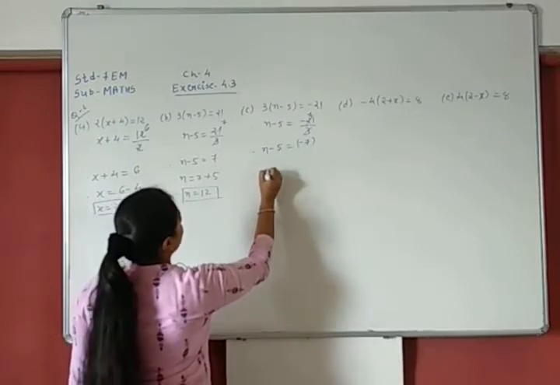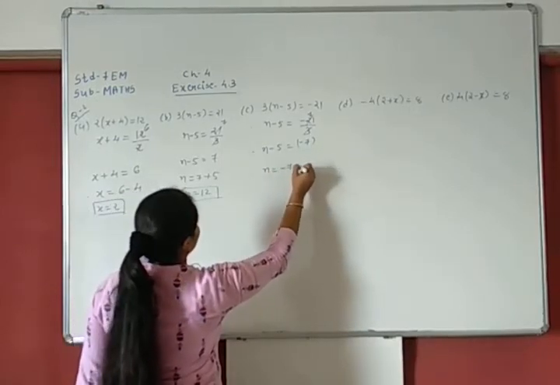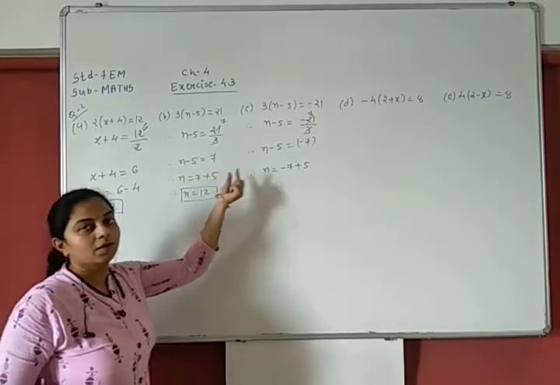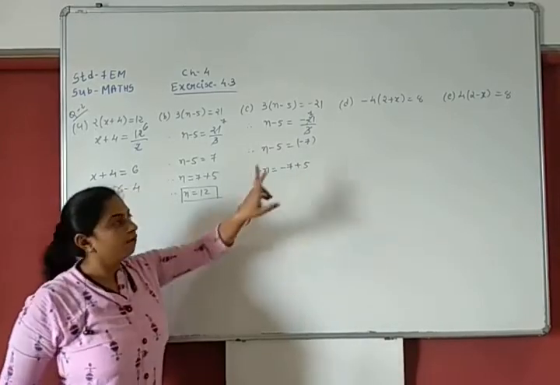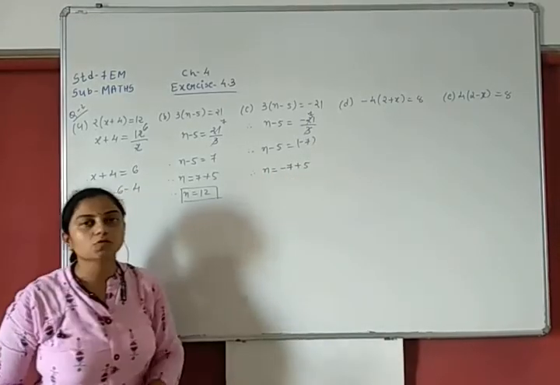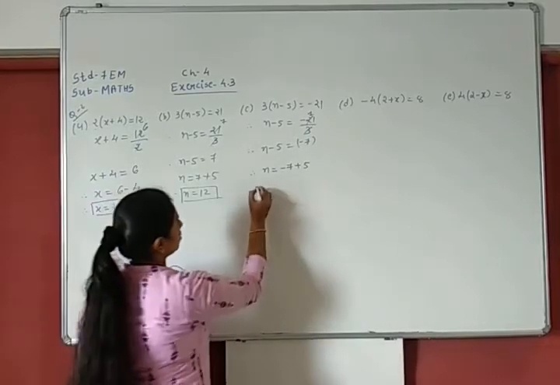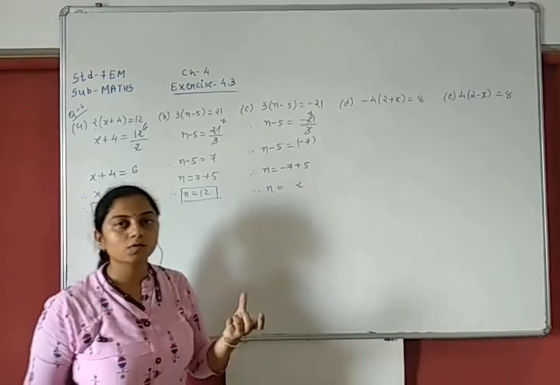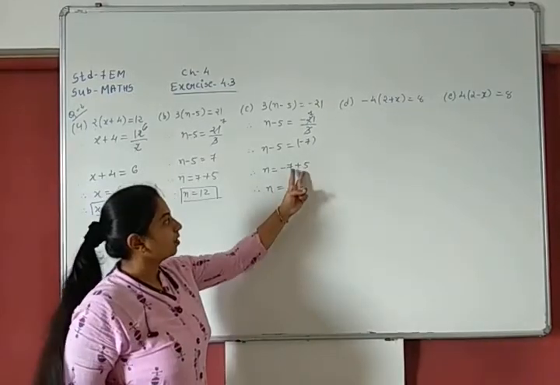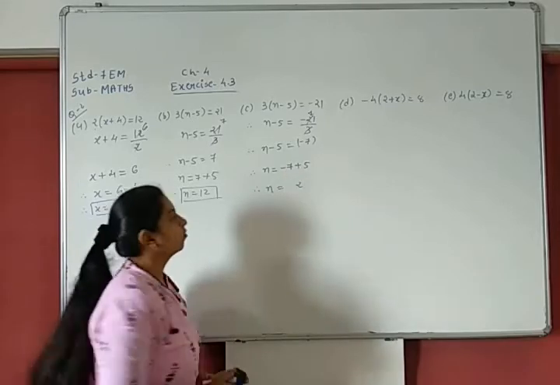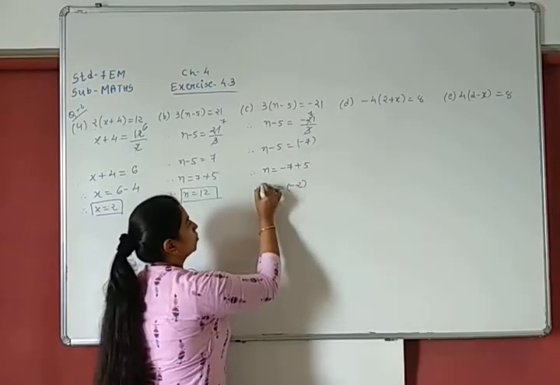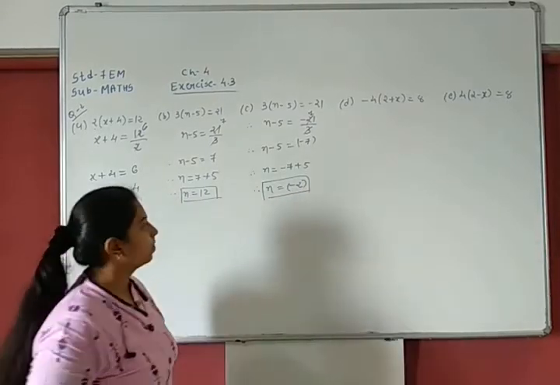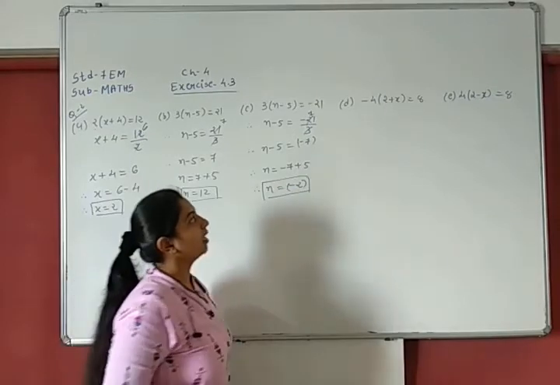Now n will be minus 7 plus 5. અહીંયા શું હતું? 7 plus 5. Now what is here? Minus 7 plus 5. One number is negative, one number is positive, so we'll do the subtraction. Subtraction થશે એટલે n ની વેલ્યુ આવશે 2. But don't forget to give the sign of bigger number. આ બેમાંથી મોટું કોણ છે? 7. So we will write minus 2 because greater number is negative, so answer will also be negative. That is the rule.